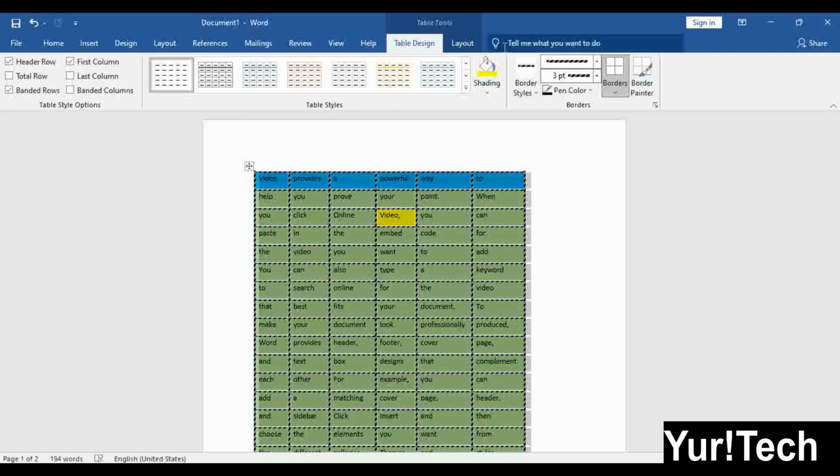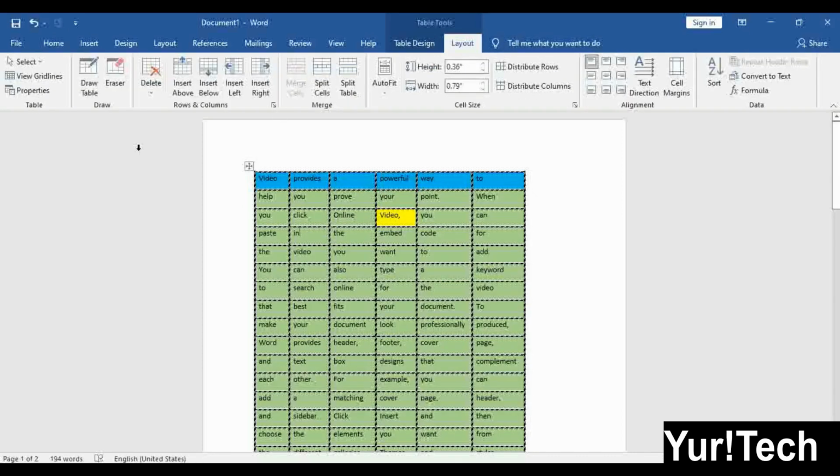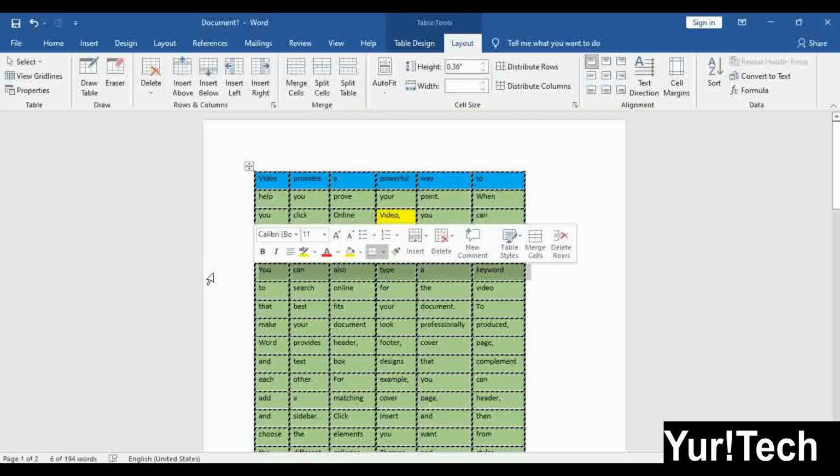Then next comes the layout menu. In this, first is selection. Selection is something I discussed in part 1, in the home menu, but now I will repeat because this is different. Here is the selection option. There are many kinds of selection. One is this column and this row. When you put your cursor on the left side of your page, your mouse icon will be italic to the right side. Then click one time, and that cell will be selected.